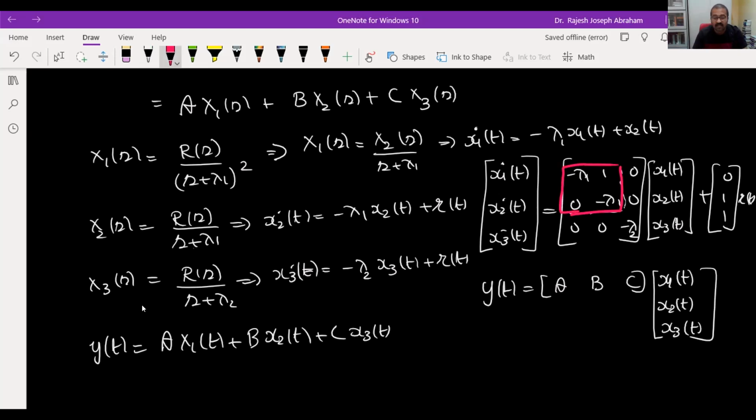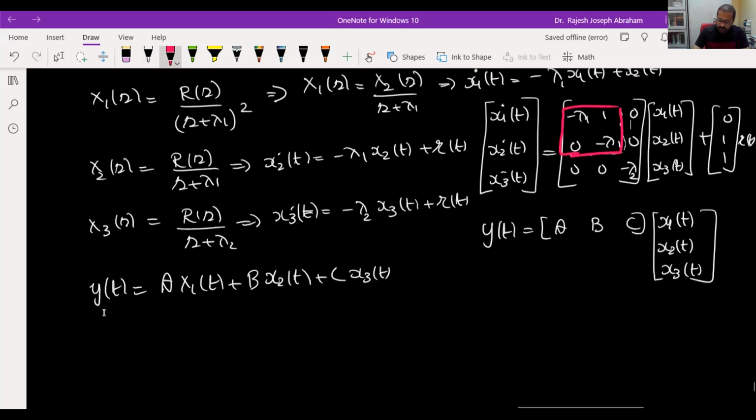Again, you can see along the diagonal elements you have all the eigenvalues, and the element immediately above the repeated eigenvalue will be equal to 1, and all other elements will be 0. What did I say? All diagonal elements consist of the eigenvalues, and immediately above the repeated eigenvalue you have a 1, and all other elements will be 0. And the B matrix, the first row will be 0 and the remaining elements will be 1. And the C matrix is comprised by the residues of the transfer function. Okay, let us note down these points.